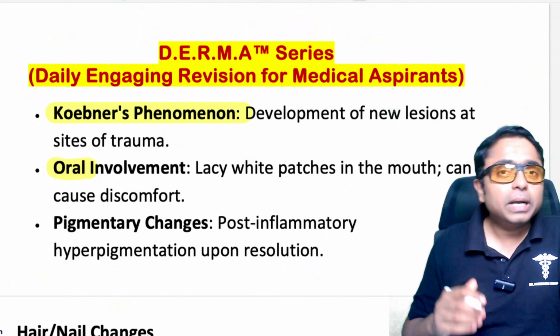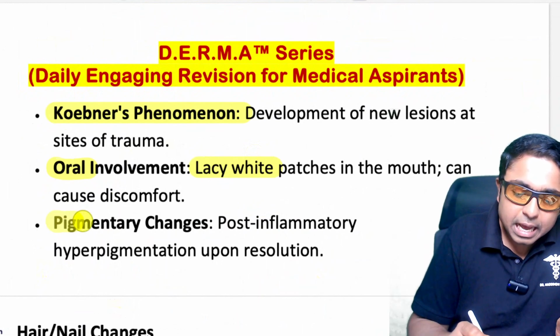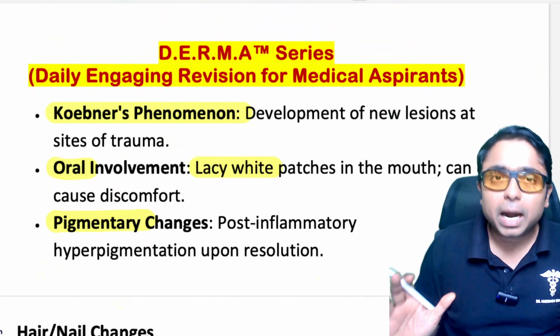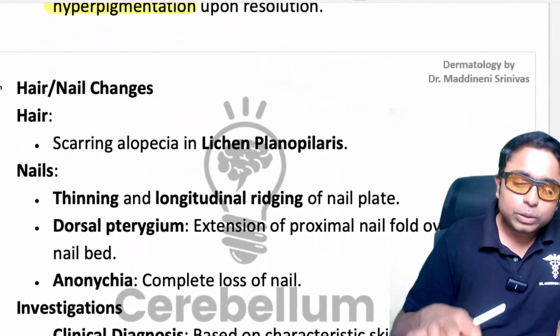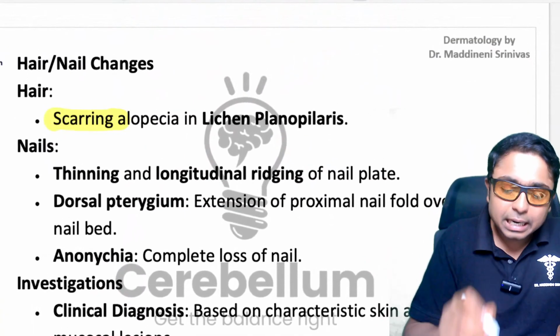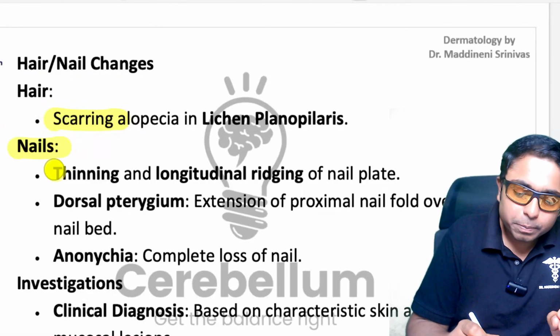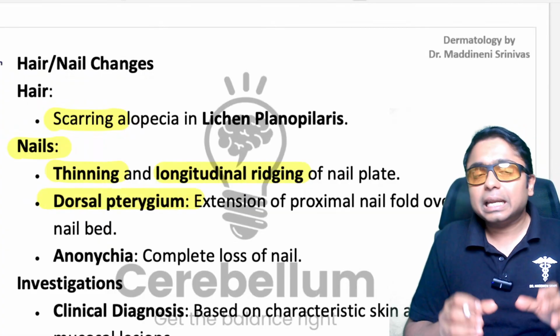In the oral involvement, I have already told you that there can be lacy white Wickham's stripe which can be seen. And remember, the lesions of lichen planus are going to heal with a very bad pigmentation upon resolution. Okay, coming to the hair and nail changes, remember scarring alopecia is very classical, and in the nail, remember the most common finding which we are going to see is thinning, and also we can see longitudinal ridging, and we can see the classical dorsal